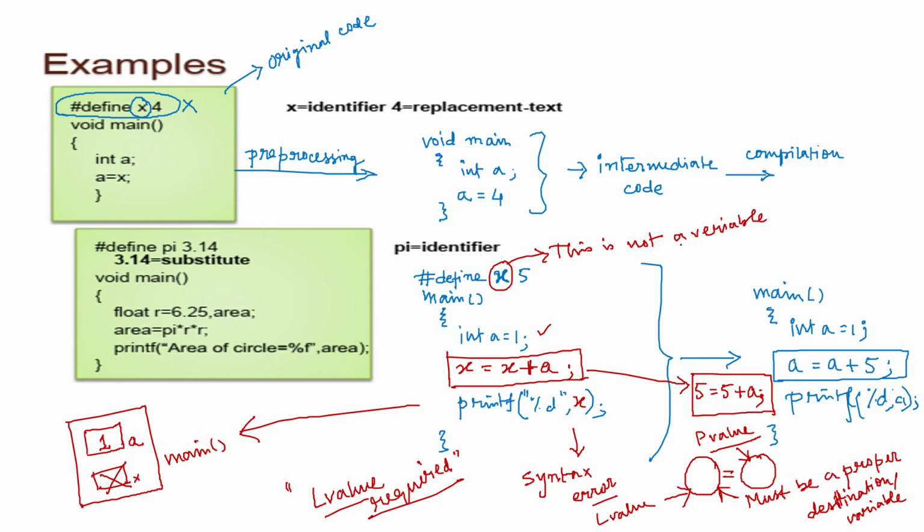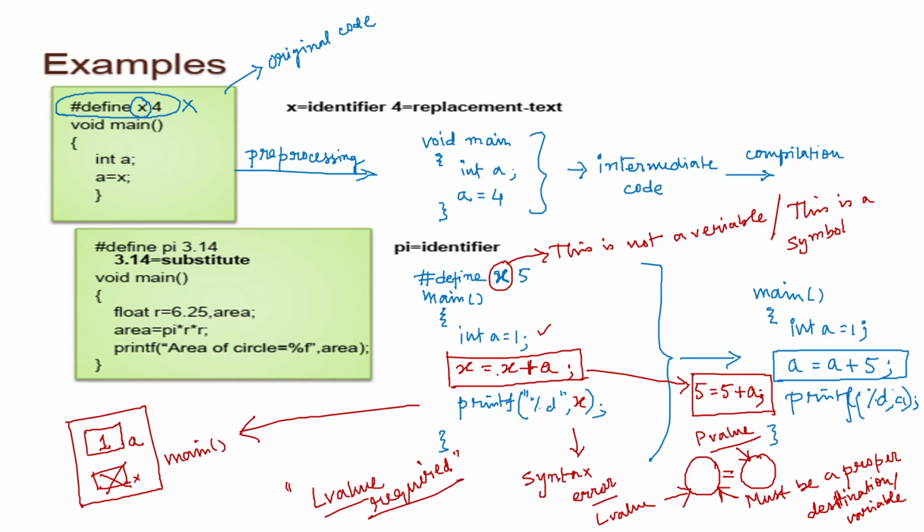This is just a symbol. This is a symbol, which will be replaced by its content when the program gets executed. That means x does not have any physical existence. But A has. A has a specific memory location, but x does not. And that is why you will get an error like this.